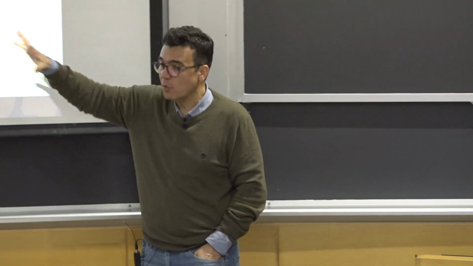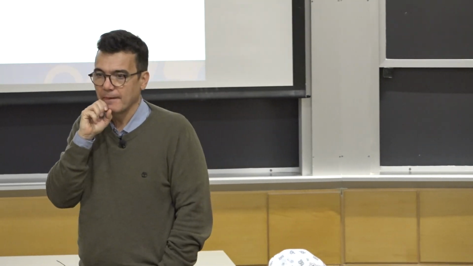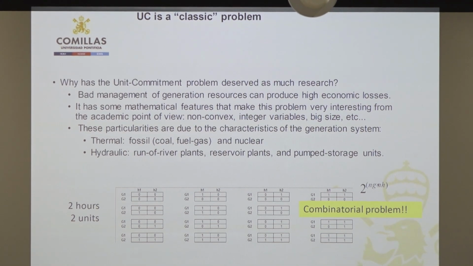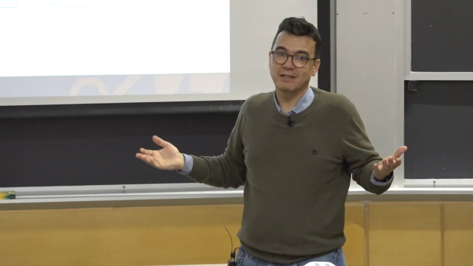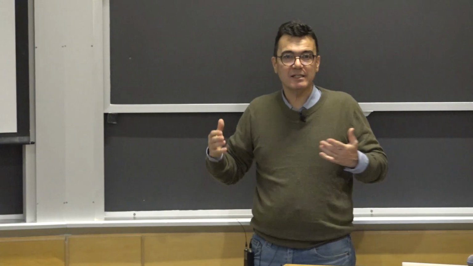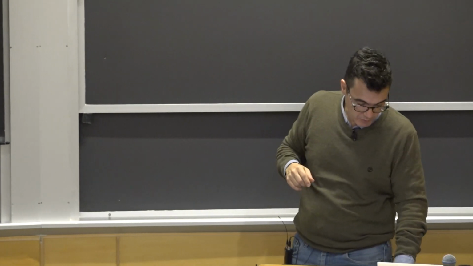So imagine that you have only 2 hours and 2 units, just a simple scenario. Which are all the possible combinations? Well, 2 to the power of the product of the number of hours and the number of generators. So imagine only with 2 hours and 2 units, the possible combinations: one is on in the first hour, the other is not. If we want to explore all the possible solutions by enumerating all the theoretical combinations, that's impossible, because you may have, imagine a problem with 168 hours in a week and with 100 generators. This is 2 to the power, I mean, it's a huge number. So this is why we rely on